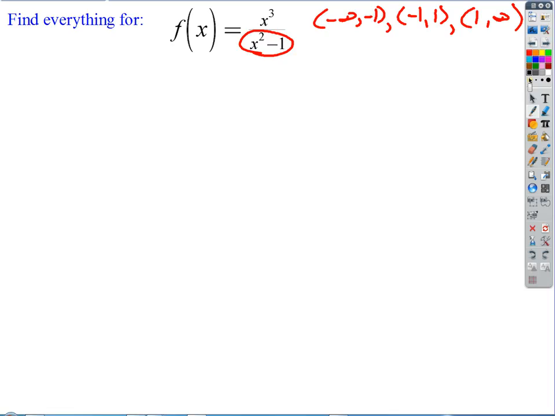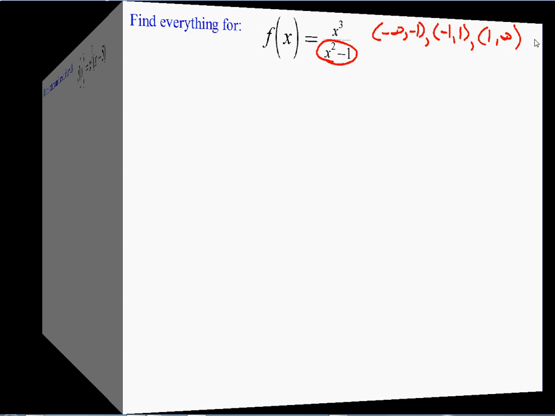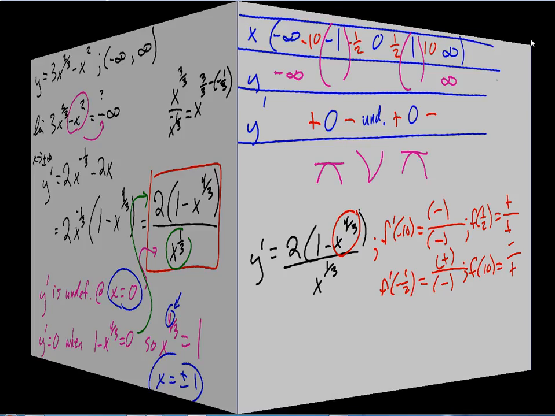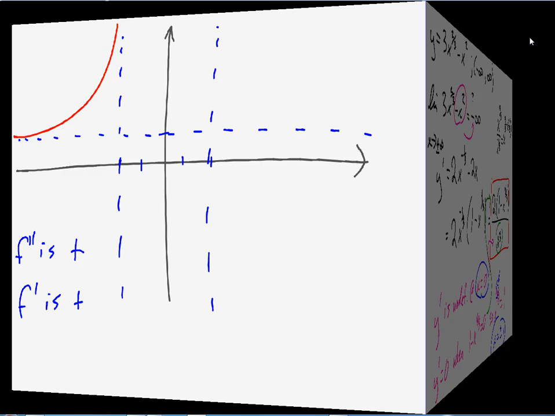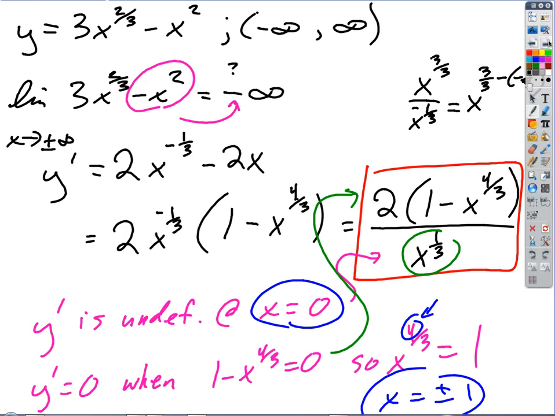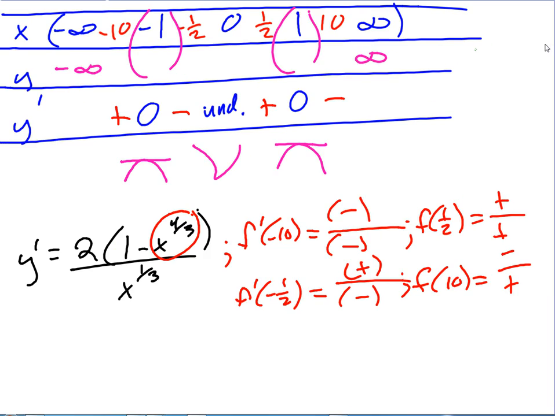What's the next thing? We got the domain. We found out where it's undefined, plus or minus 1. Okay, and we'll get on to the critical numbers. There's one other thing we were doing before, though. Remember we wanted to get a scaffolding. Yeah, the limits, exactly. We want to get a scaffolding for the function. I drew you a picture on Friday. I can go back and find that. Something like this. Remember we talked about how if you get the limits, they act as kind of a scaffolding. If you can find any asymptotes from the limits, the horizontal and vertical asymptotes, then we really know the overall behavior of this thing. We just have to find out the little details. So we want to find horizontal and vertical asymptotes, or maybe even some other weird kind of hybrid asymptote.